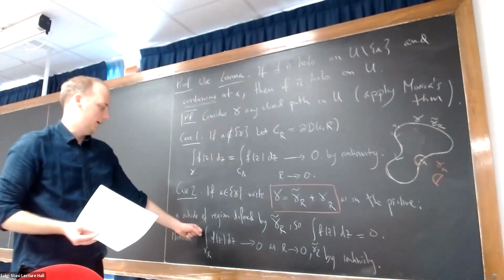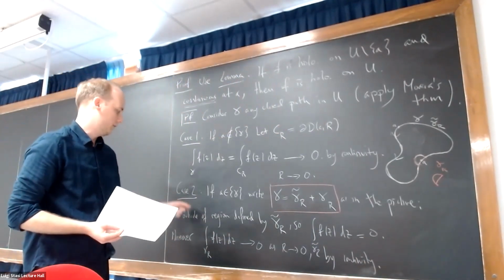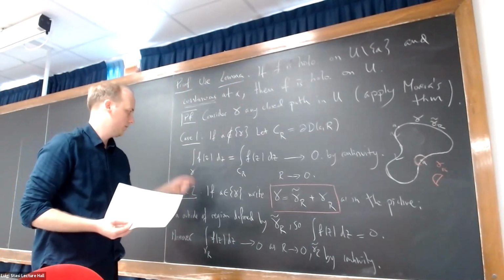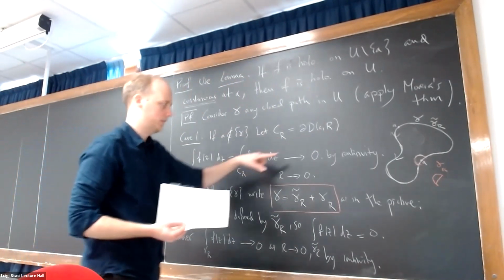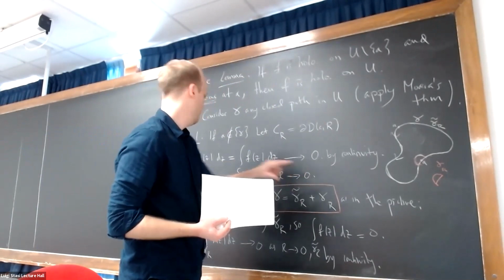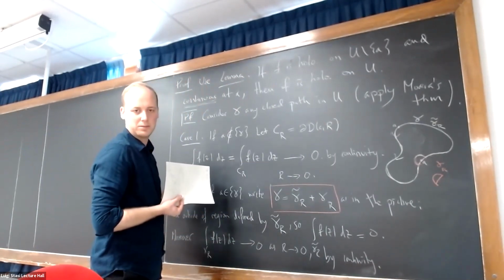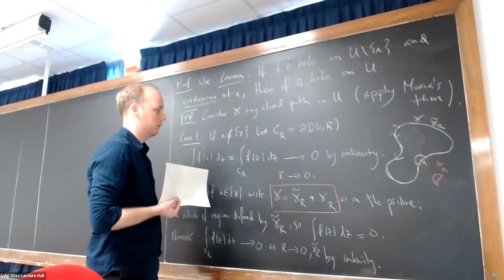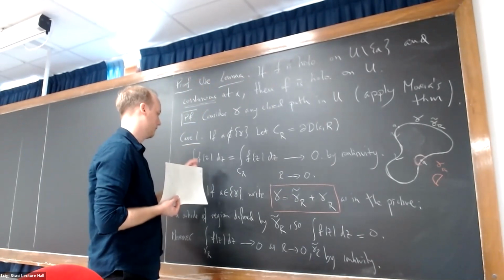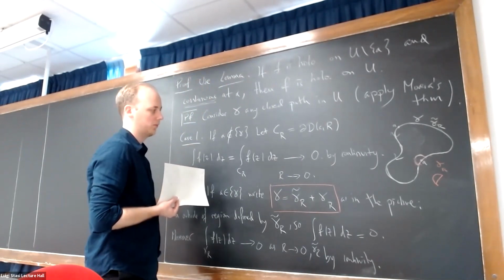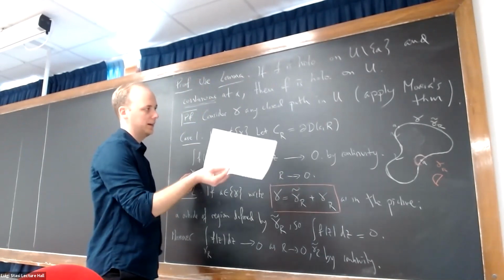So in either case, the integral along gamma is going to tend to 0 as R tends to 0, but the integral of gamma is independent of R. So there will be no choice but concluding that the integral of gamma is equal to 0, and this will be true for any curve gamma